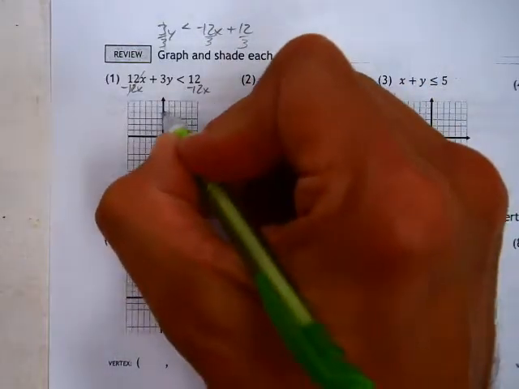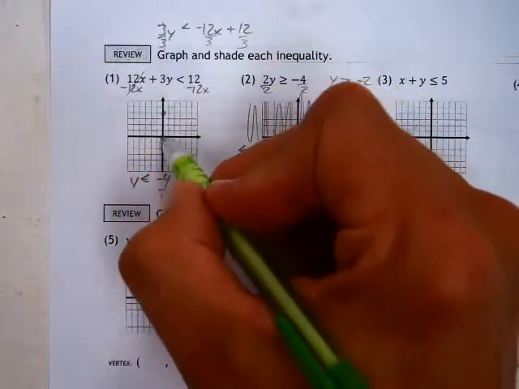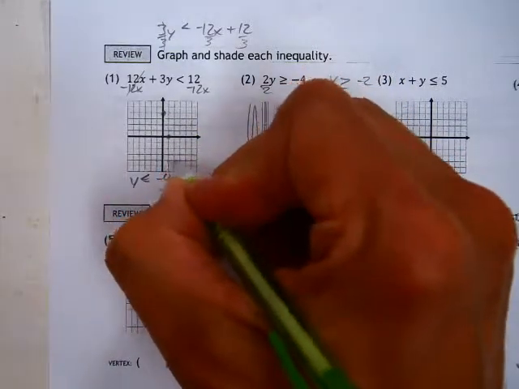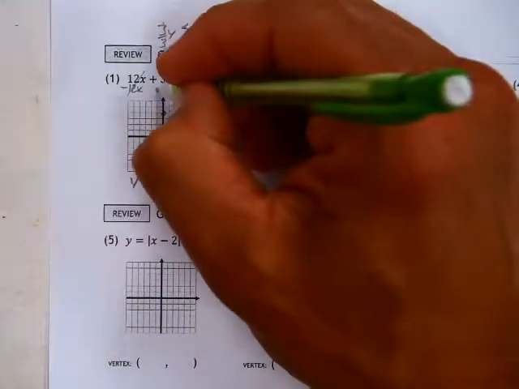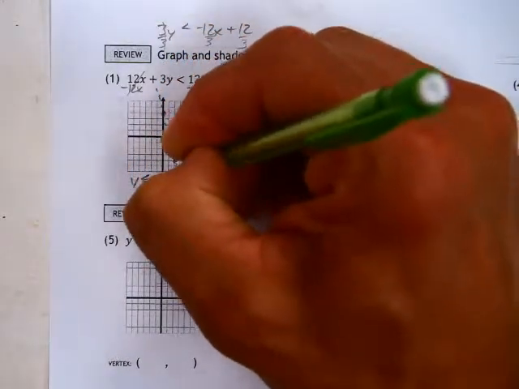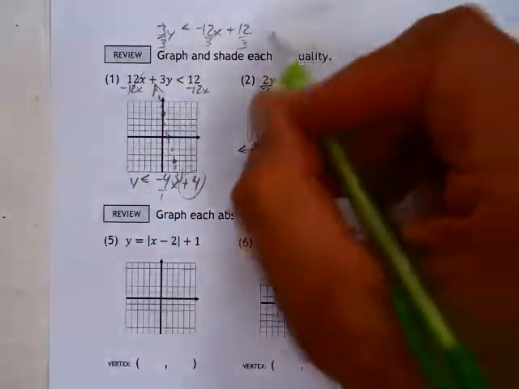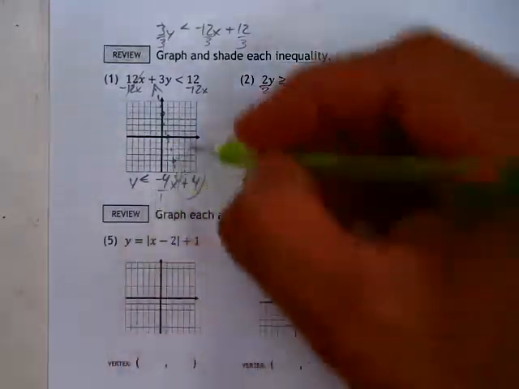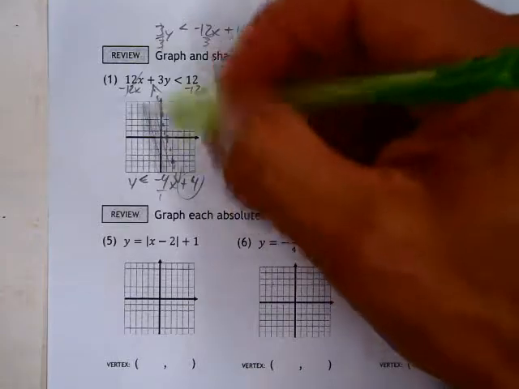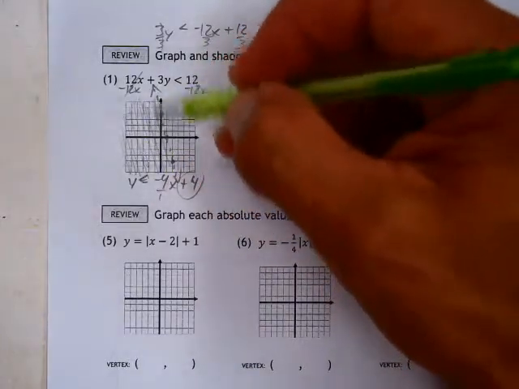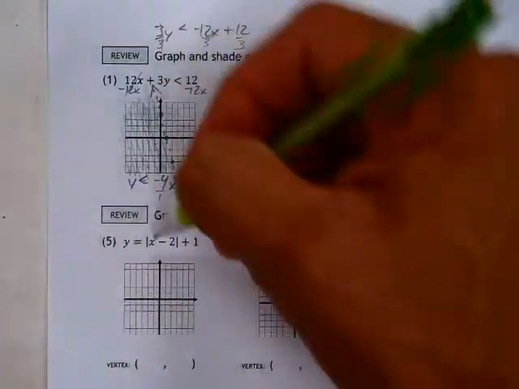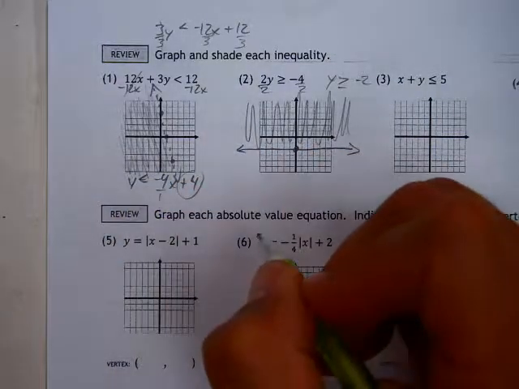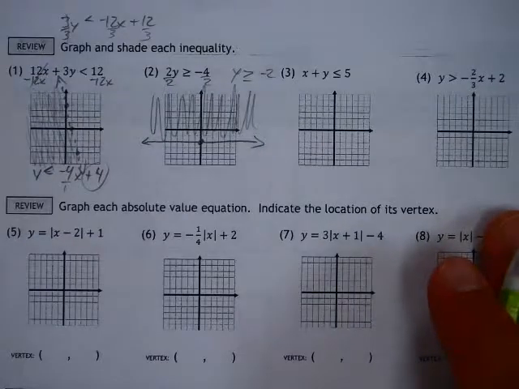1, 2, 3, 4. So if I'm going to go down 4 and over 1, I can continue that trend down 2, 3, 4 over 1. And you've got a dotted line that goes through that. And in terms of the shaded region again, y is less than, and it's going to make a liar out of me. It's pointing to the less than means it's shaded down. It appears as though it's shaded to the left. That's not necessarily the case. It kind of makes me want to say,